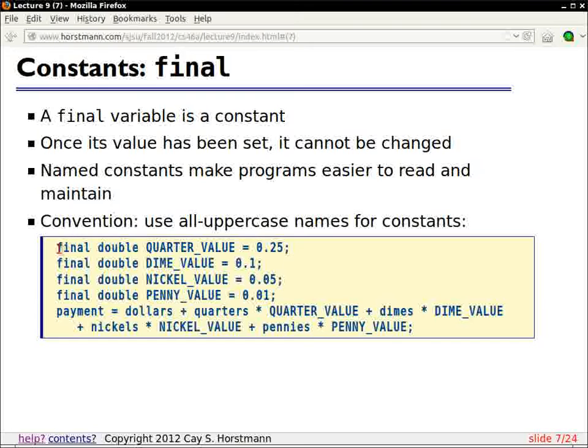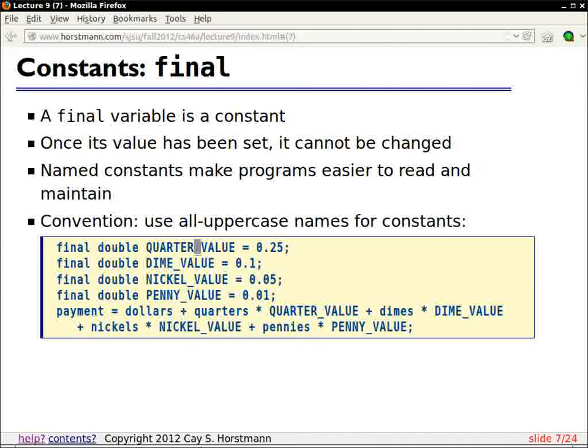They're called final for obscure reasons. Just think of final meaning constant. So you put the type, and then you put the name of the constant. It's customary, but not required, to have constants in all uppercase. That way they're easily distinguished from variables. And then in all uppercase, you can't do the camel case trick, so that's when you have these little underscores here. And then you put the value of it at the end. So this is just for making the program easier to read, for making it easier to change.